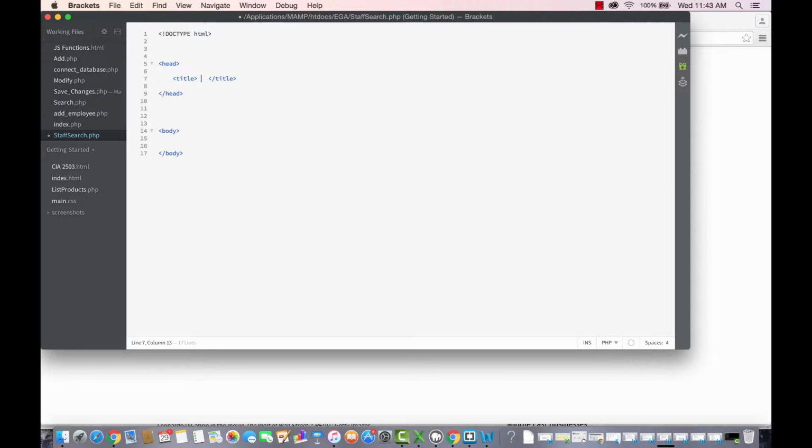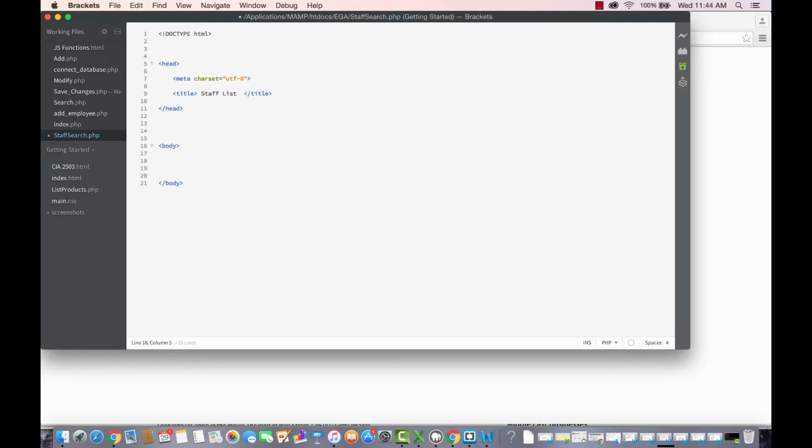Inside title there will be staff list. Now Mac, it's very speedy and very smooth and robust, but the keyboard I just hate it. Characters UTF-8. Okay,